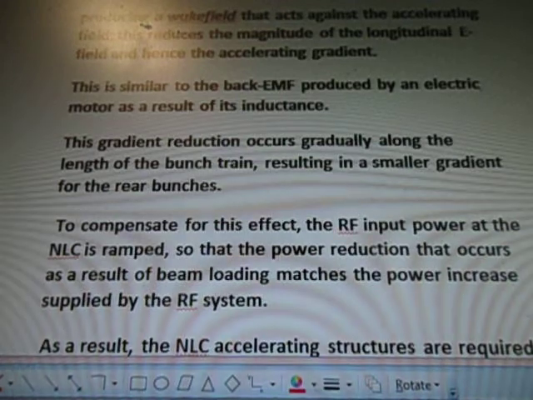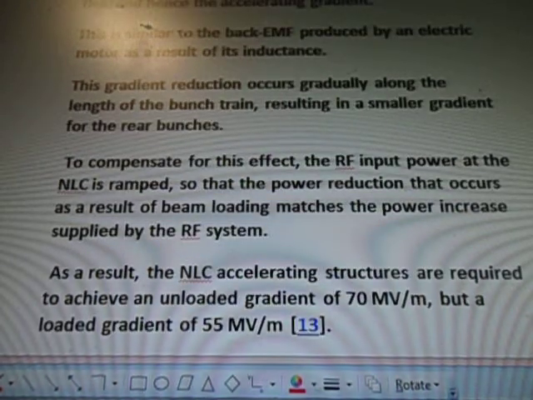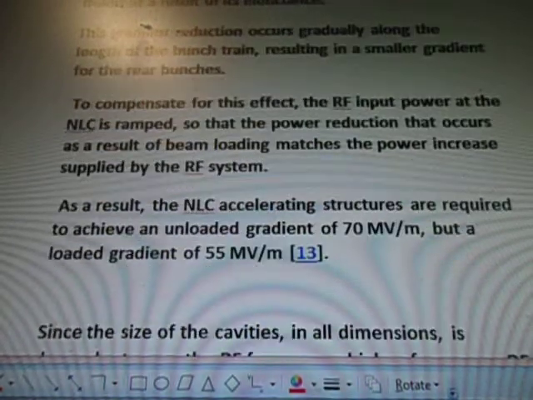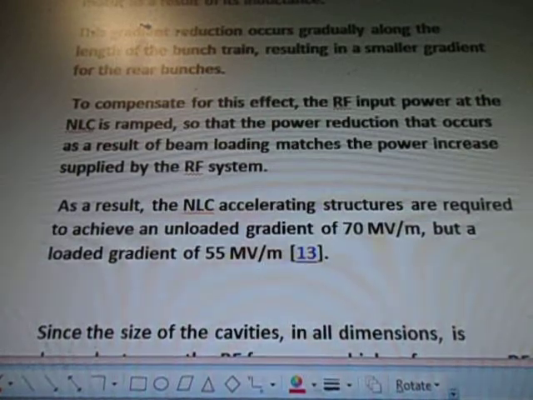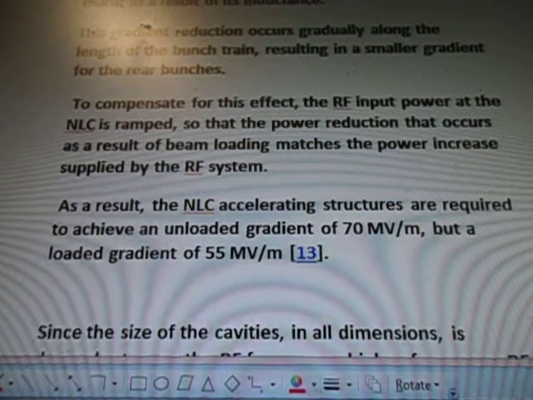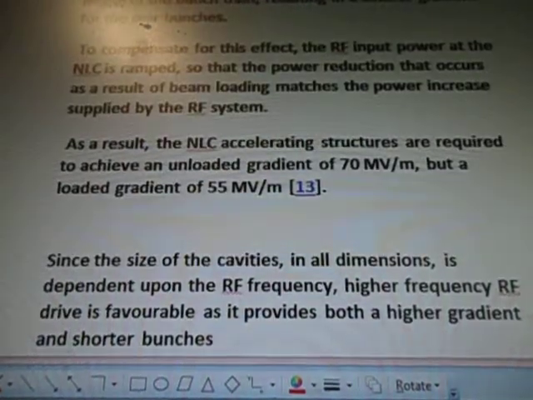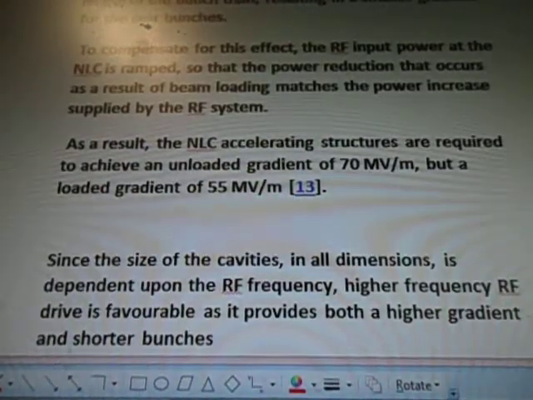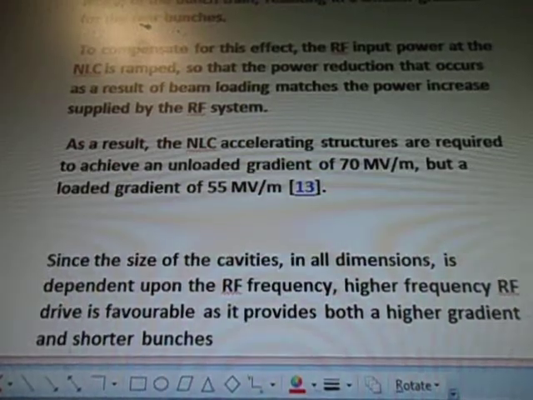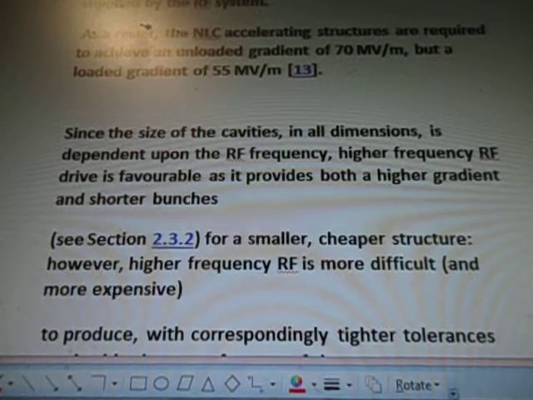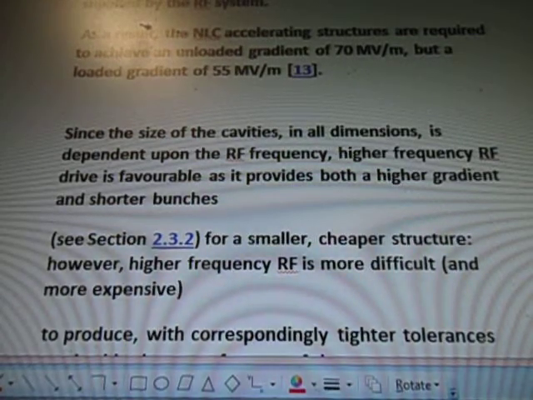This gradient reduction occurs gradually along the length of the bunch train, resulting in a smaller gradient for the rear bunches. To compensate for this effect, the RF input power at the NLC is ramped, so that the power reduction that occurs as a result of beam loading matches the power increase supplied by the RF system. As a result, the NLC accelerating structures are required to achieve an unloaded gradient of 70 MV/m, but a loaded gradient of 55 MV/m. Since the size of the cavities in all dimensions is dependent upon the RF frequency, higher